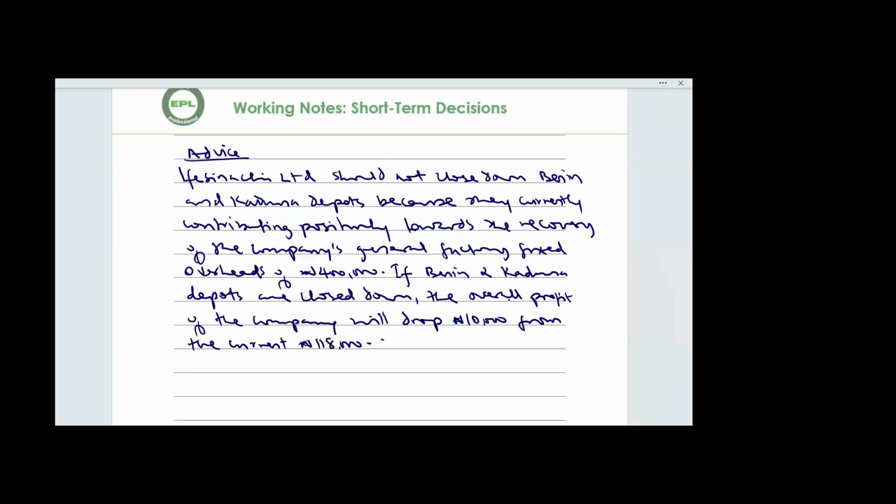This means that the reduction in profits